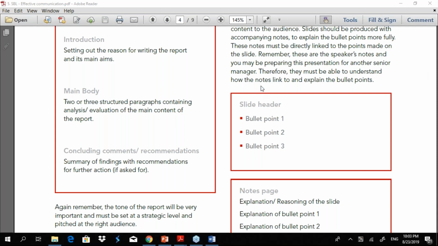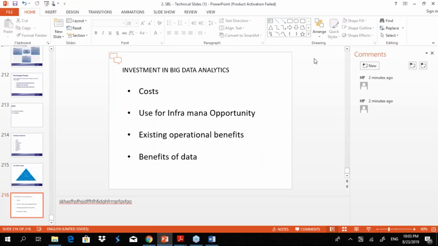That's basically the format there. So how will we do it in a paper format? Put a box and show that it is a slide, and inside that box you write investment in big data analytics and you write 4 bullet points.